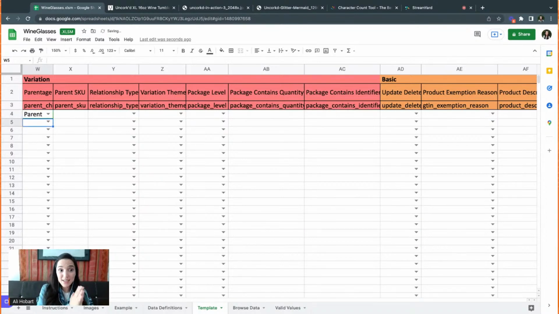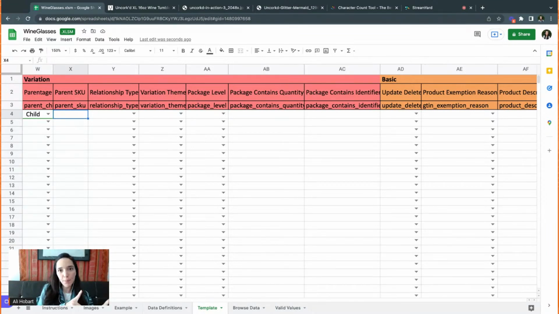And if this is a parent, you don't put anything on parent SKU. But if this was a child ASIN, let's say the parent already exists, then you can put child here. I'm just going to type it, just make sure it's case sensitive, child. Then you would put the parent SKU, not that variation SKU, the parent SKU right here, which is different.